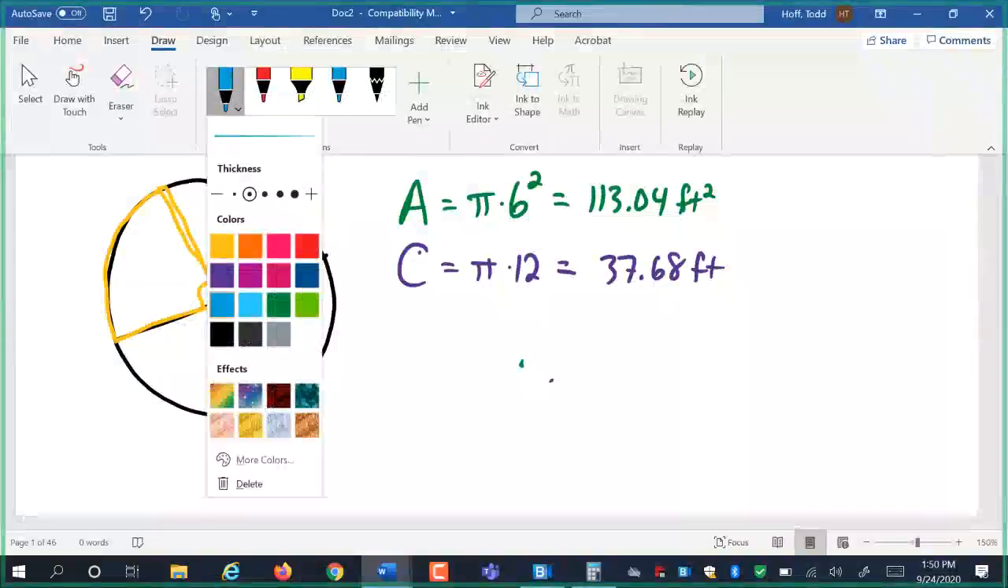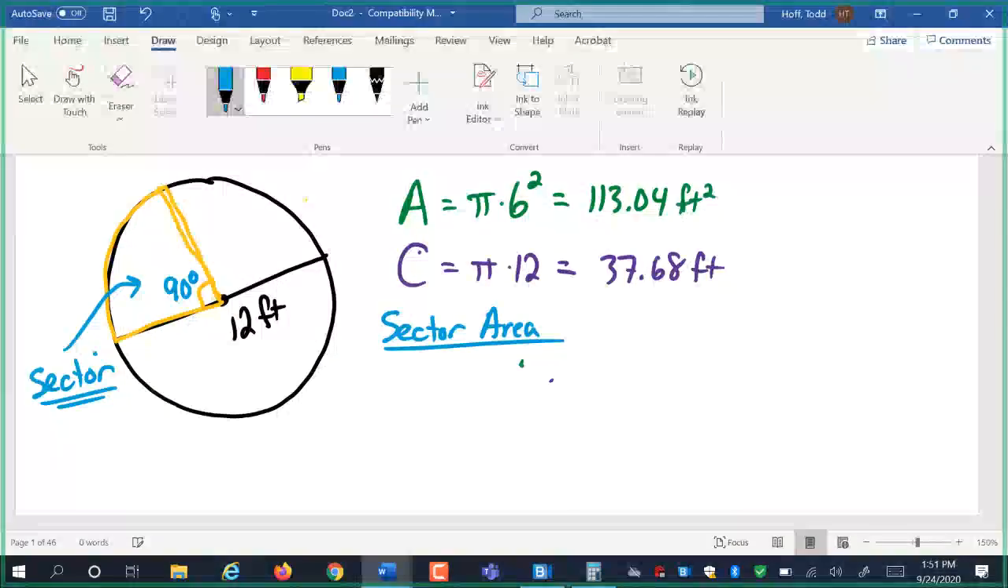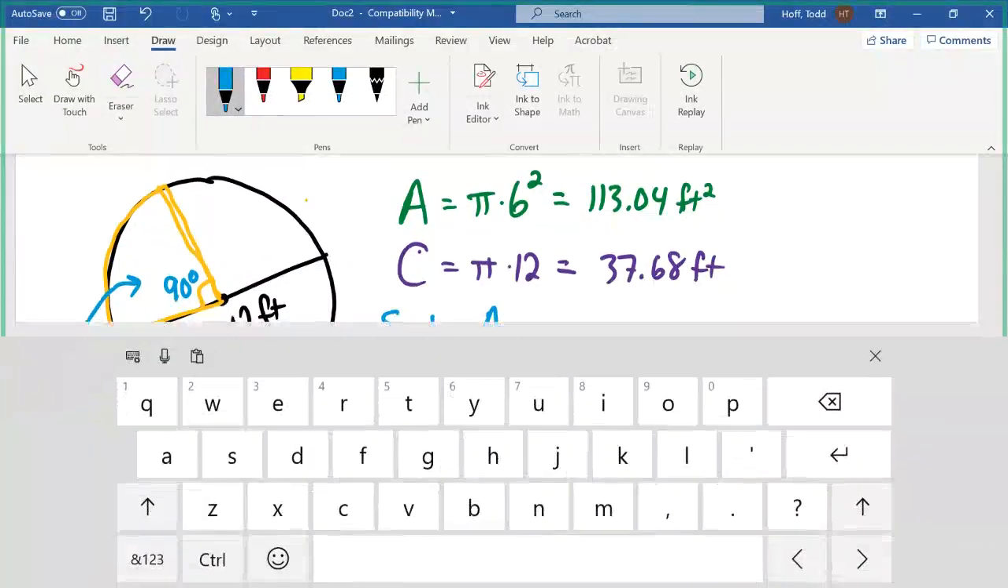First, let's give this a name here. The name of this is a sector. Basically, a slice of the circle that we're going to find the area of is called a sector. It's basically a pie wedge out of that whole circle. The area of a sector can be found from the area of a circle. Like I said, we could just divide by 4 like we did before, but let's do this. We know that that is a 90-degree angle there. So to find that area,